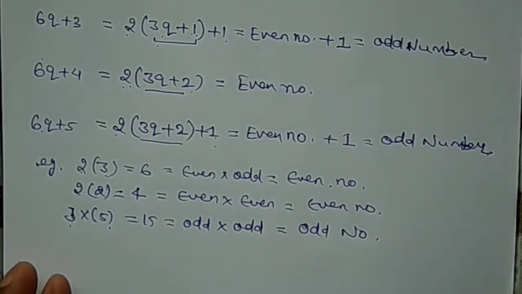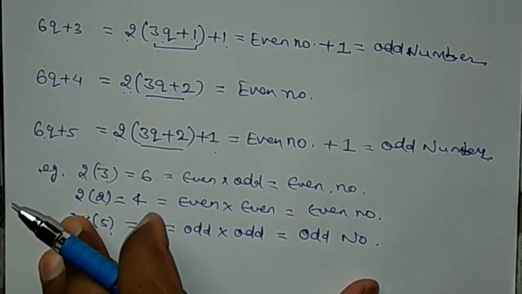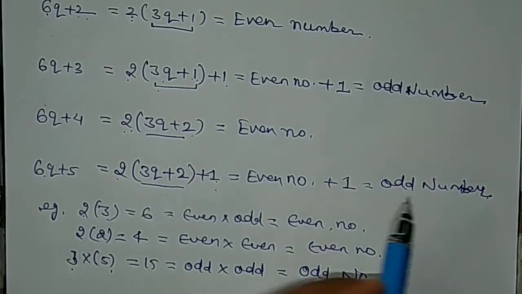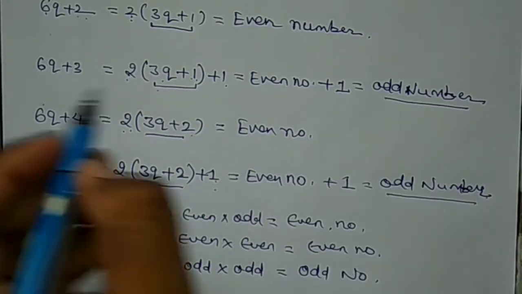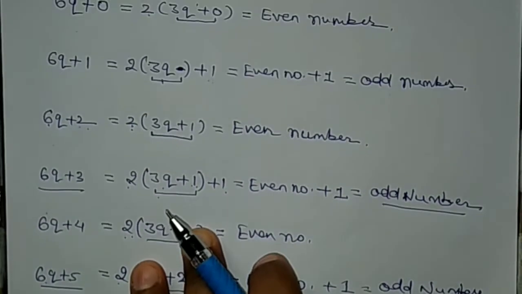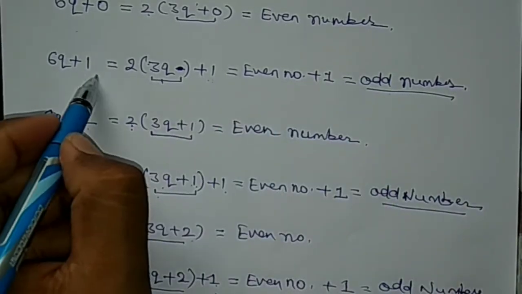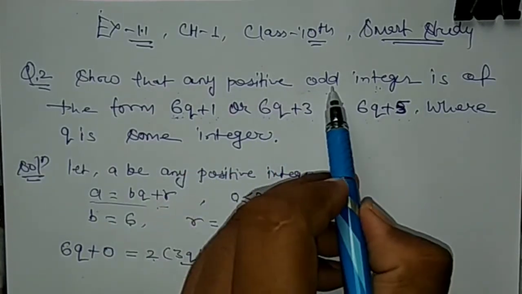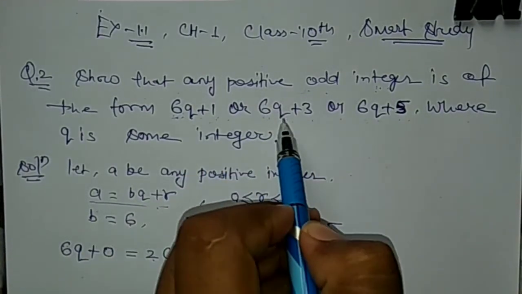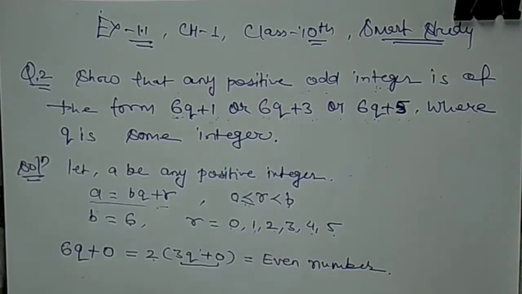यही अप्रोच हम इस क्वेश्चन में काम में ले रहे हैं। ठीक है, तो इसी से हमारा क्वेश्चन प्रूव हो गया। देख लीजिए क्वेश्चन, ये देखिएगा यहाँ पर odd number, that is 6q plus 5, that is an odd number here 6q plus 3, and that is an odd number here, that is 6q plus 1, and that is what we have to prove in this question. See, odd positive integers 6q plus 1, 6q plus 3 and 6q plus 5, so hence proved.